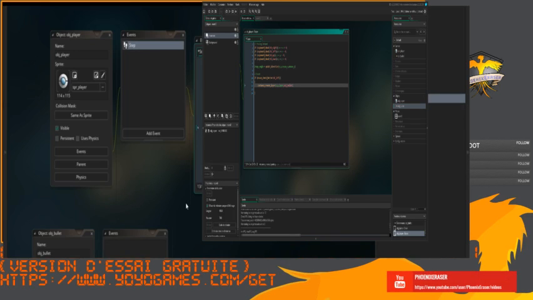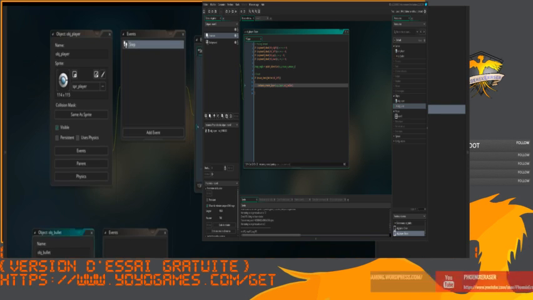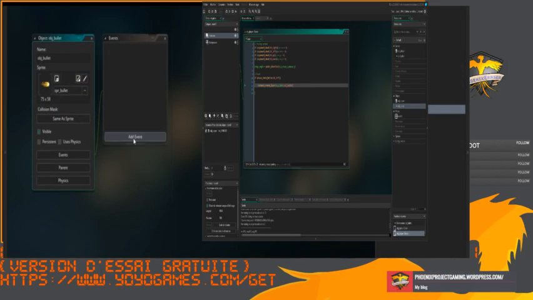Coordinates when we were moving around. So now what we're going to do is open up object bullet, and I'll move our workspace down here and add the create